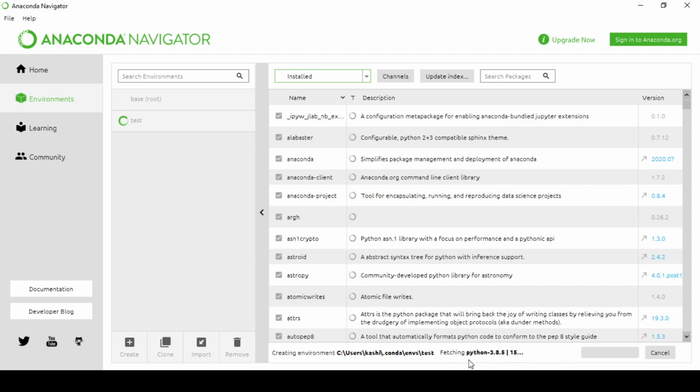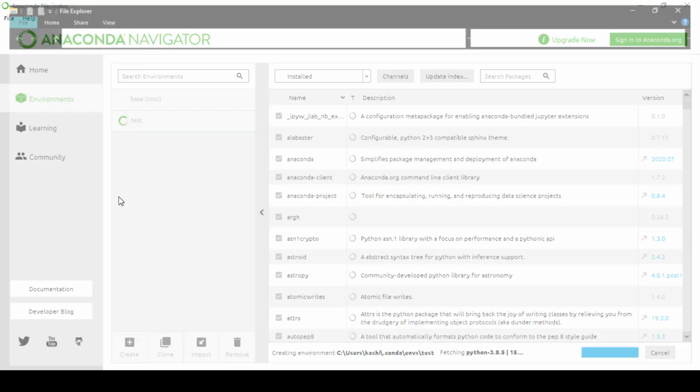As you can see, it is fetching the libraries and doing the various installations inside the environment. We can open this location and see what all we have.